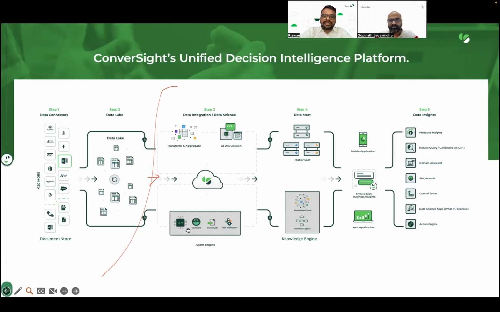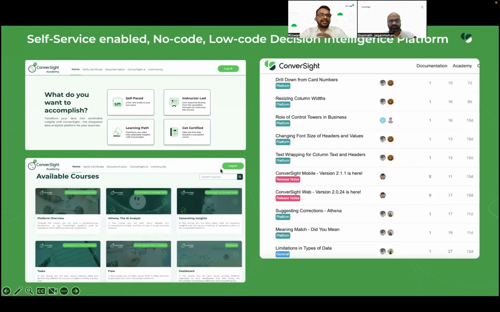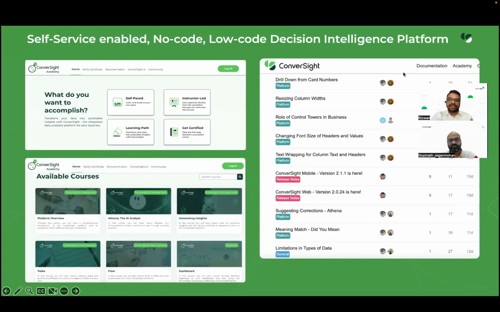Oh, nice. So typically, the entire self-service enabled no-code platform with all the decision-making ability should be able to provide all this. And from the platform capabilities, a lot of content is being pushed on our websites. So you can skim through all of this content, and we have the community users where any questions that are there can be answered.